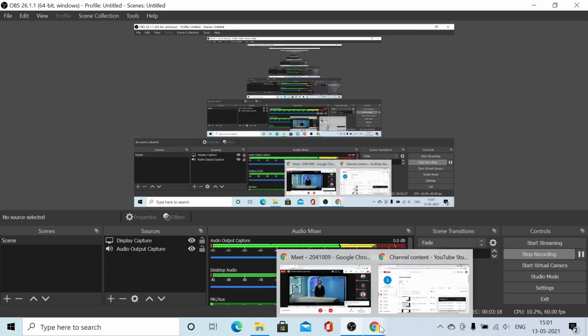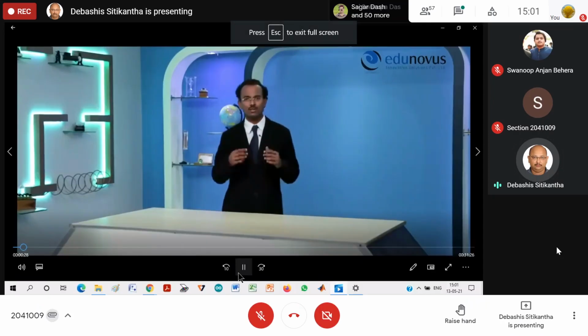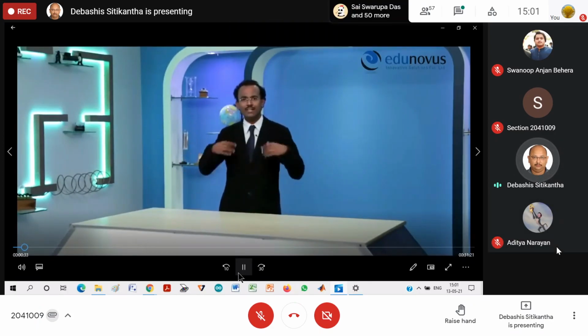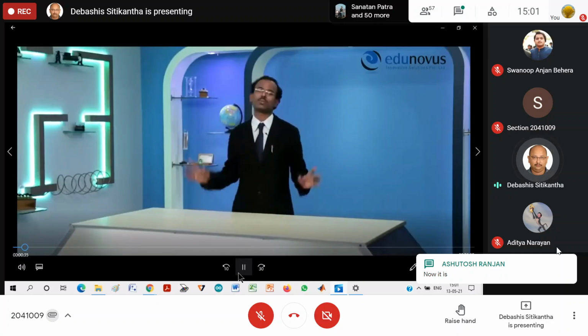Before you actually start doing the experiment, you should have a clear understanding of what is resistance, what is specific resistance, what is Wheatstone network, how this Wheatstone network can be used to find the unknown resistance, and how this meter bridge apparatus is actually the practical implementation of this Wheatstone network.